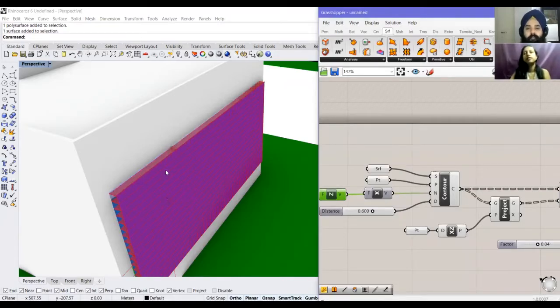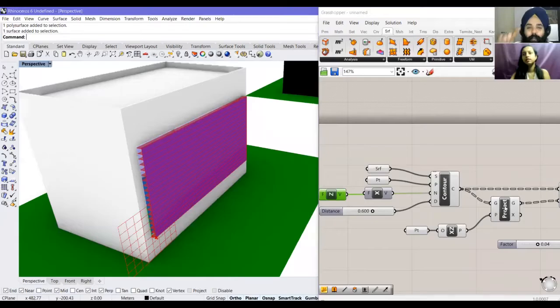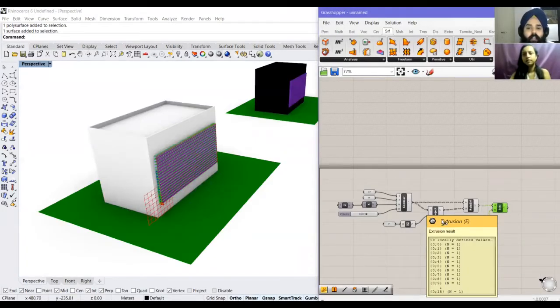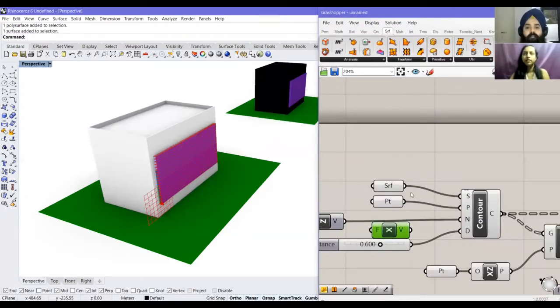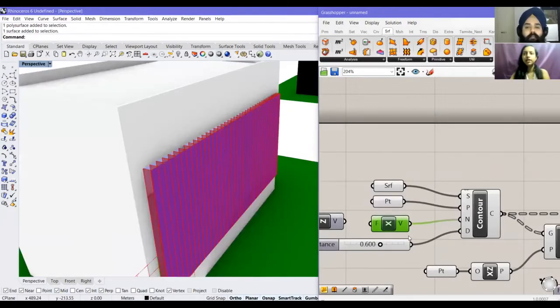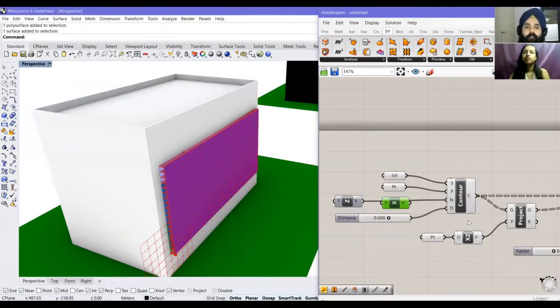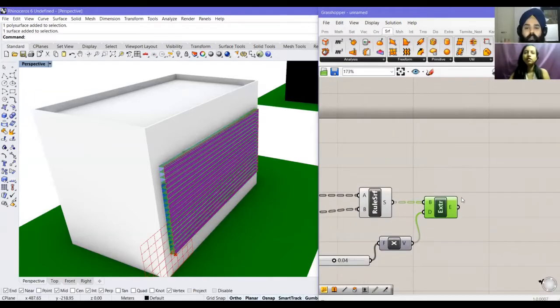If I just make the last one, can you repeat that shift, please, once more, so that people pay more attention and see? So what she has done is that these are the vertical louvers. This is what we had already. Now if I shift it and add a z-axis instead of x-axis, we have already shifted into horizontal louvers, and it has itself calculated how many louvers we need.